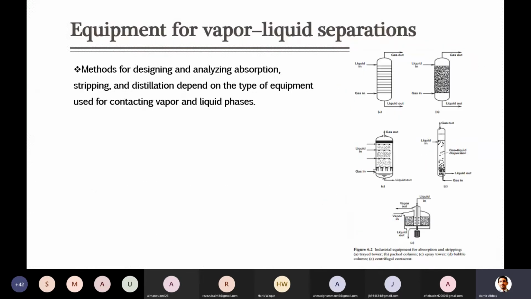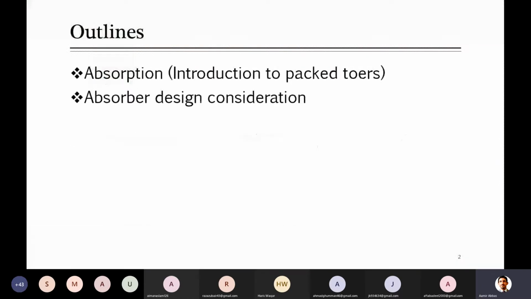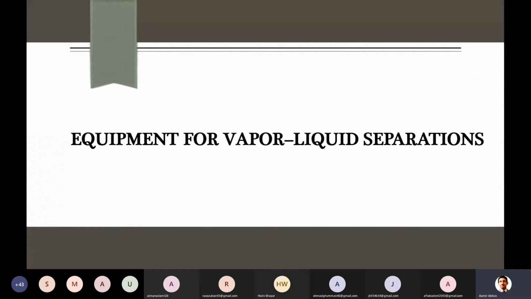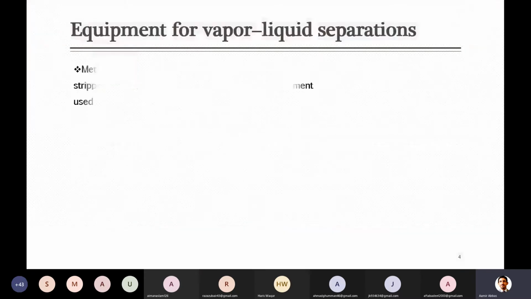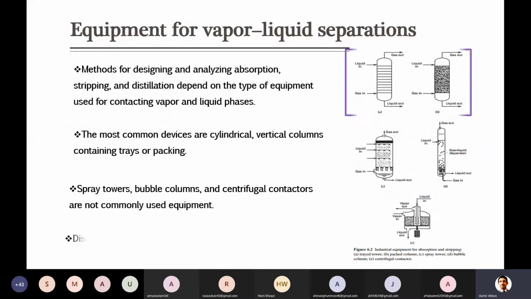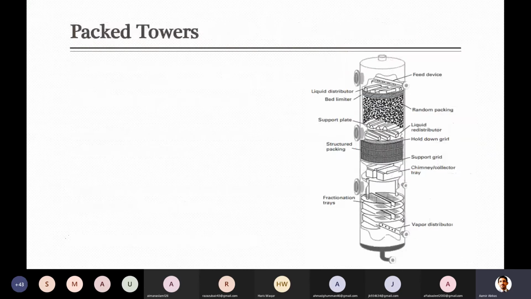After that, the next part which will be discussed today is about packed towers. In this lecture I will just talk about two points. One is, sorry, there is a typo here, packed towers: absorption, introduction to the packed tower. And then today we will start with absorber design considerations, the general points that you have to keep in mind when you design the absorption column. That's all the general discussion related to absorption, stripping, the conditions, and choice of solvent, and so on. Then by next lecture, inshallah, we will start the proper design of equipment.